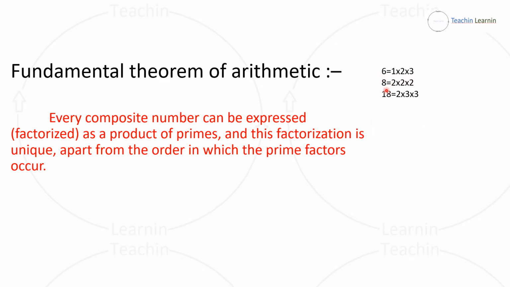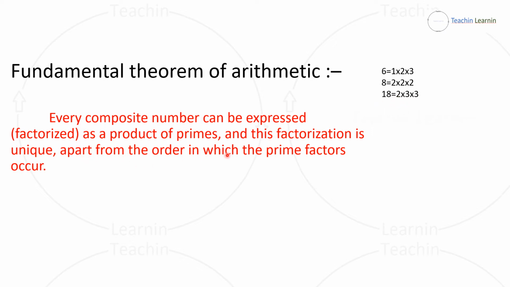You can express 8 as 2 into 2 into 2, and not other than 2 into 2 into 2. You can express 18 as 2 into 3 into 3. You cannot express 18 as 2 into 3 into something else. So its factorization will be unique